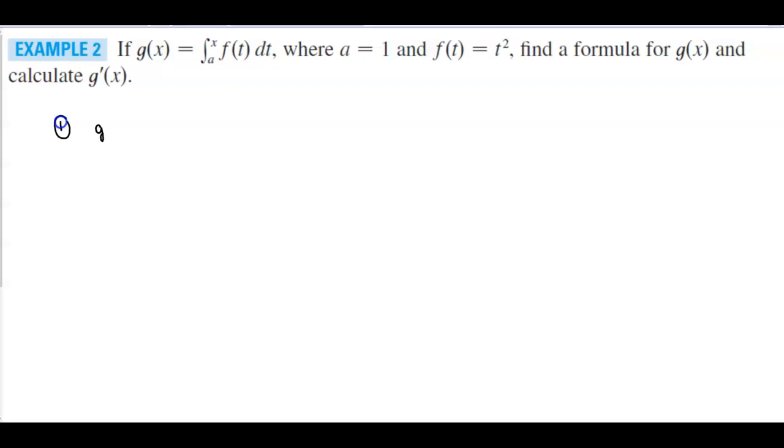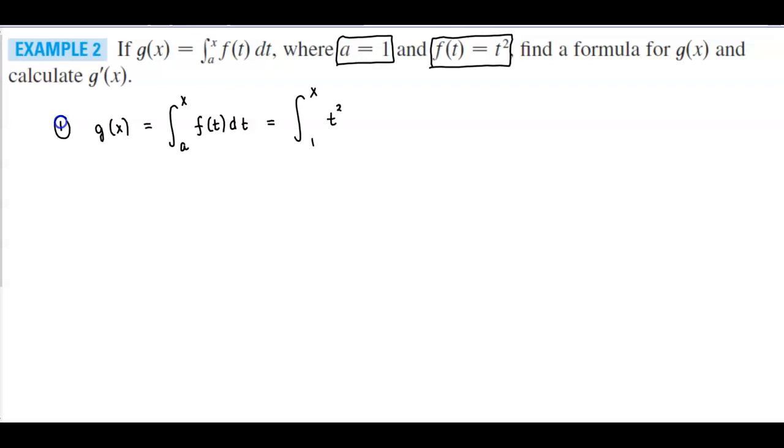So we know that g of x is going to equal the following. It's going to go from a to x of f of t dt. Okay, so we know that a is going to equal 1. So what does that tell us? Well, that tells us that we're going to go from 1 to x, and we know that f of t is equal to t squared. So that's going to be t squared